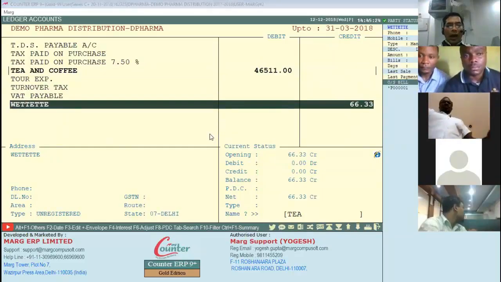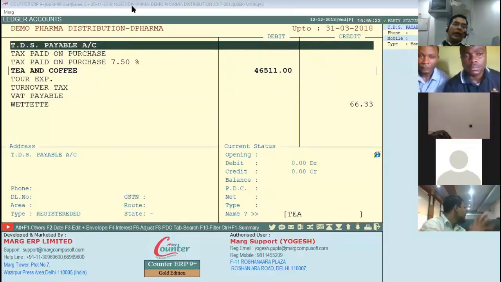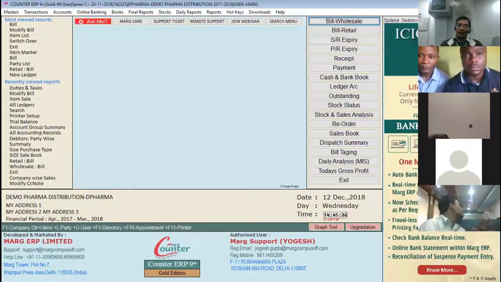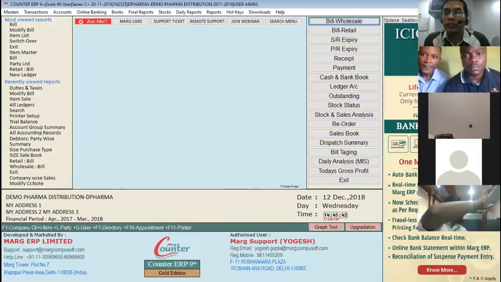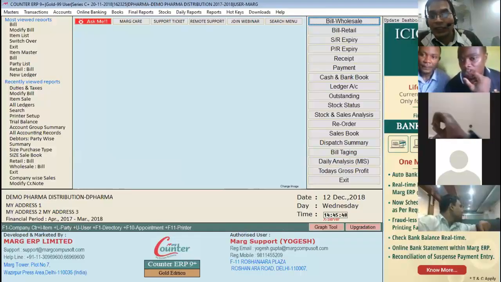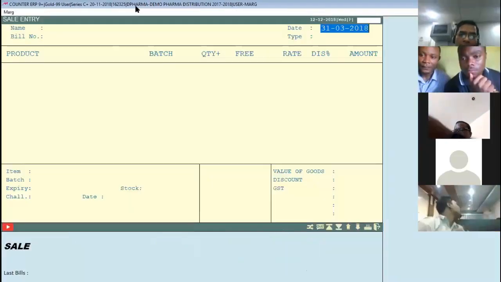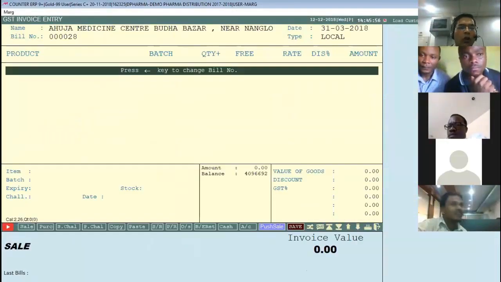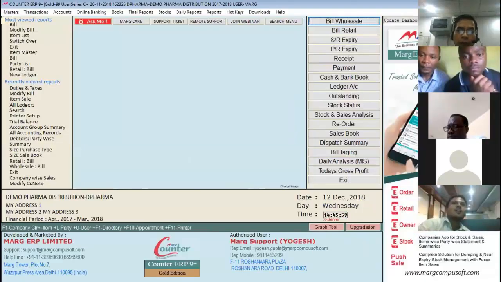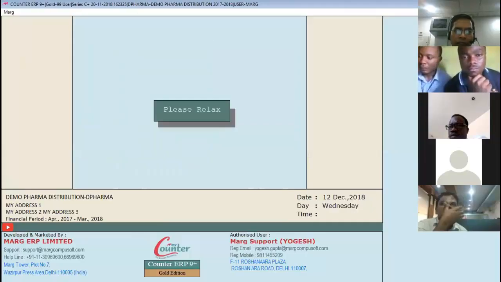Okay, now I'll be moving to the next option, which is my series. Series has various uses. Some people say that I have to use series differently for retail and for wholesale. So I can set the series for retail and wholesale. So how can I do it right now if I am doing the billing? There is no option for that series. So what I'll do, I'll go to control room and type here maybe multi-series.